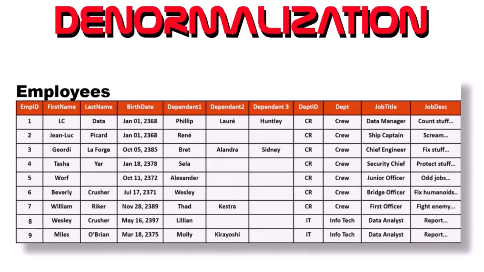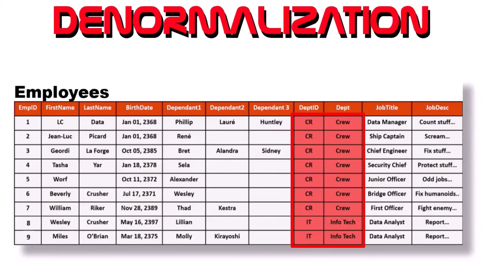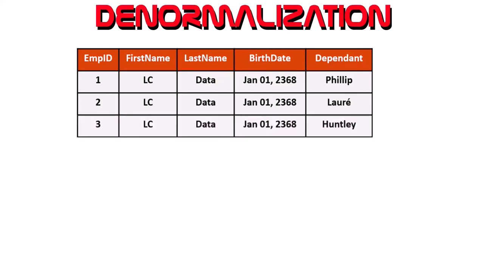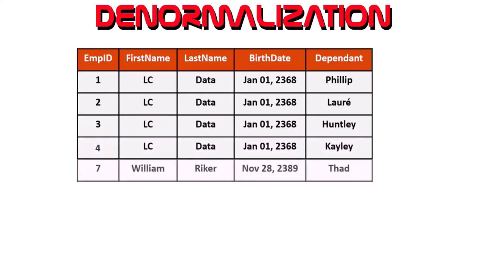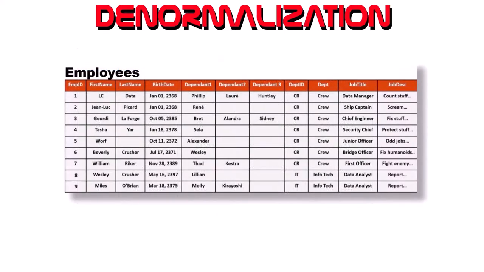Data that is not properly designed using normalization would be referred to as denormalized data. When data is not structured into tables using normalization, you will find lots of redundant and repetitive data. Consider this example. For every dependent of an employee, the employee information, such as first name and last name, is entered into the table. This is an example of denormalized data because the employee information is manually keyed in and repeated each time a dependent is added. It is important to understand that there are other reasons for denormalized data to exist that are not related to design flaws in the data entry process.